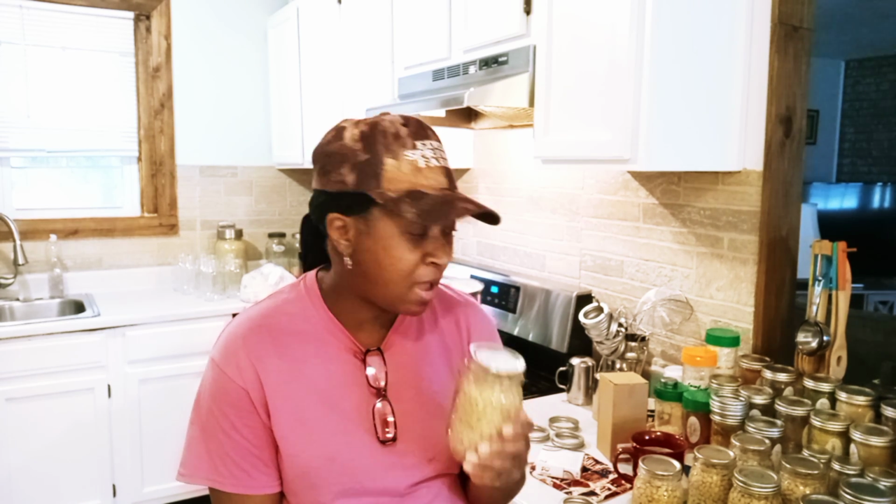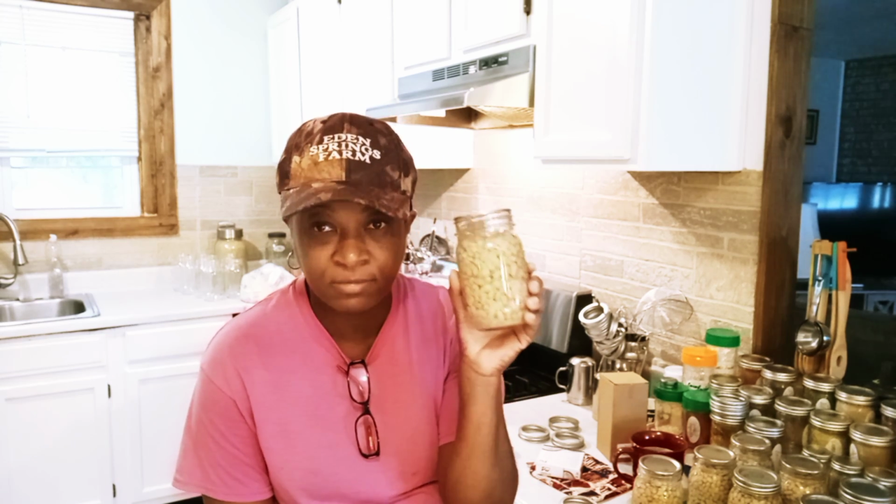I don't depend on the cell phone to make sure that my food remains shelf stable, so that in the event of a natural disaster or any other kind of disaster, I don't depend on the toaster oven to preserve my food. I've spent money on jars, on seeds, and time to grow my food, or in this case, beans, to purchase my food,